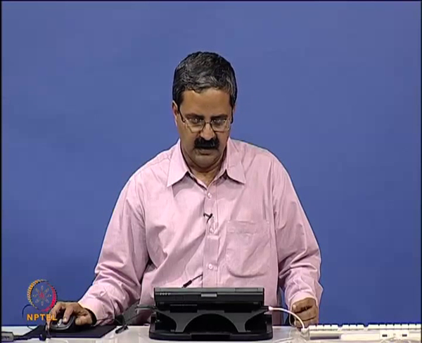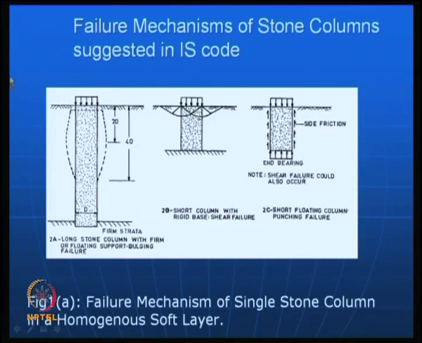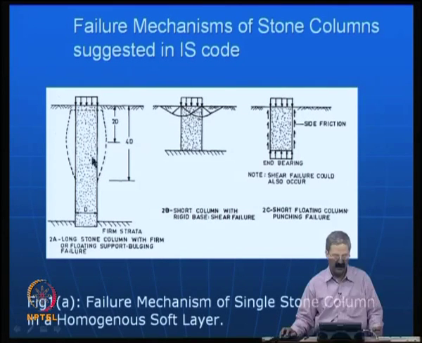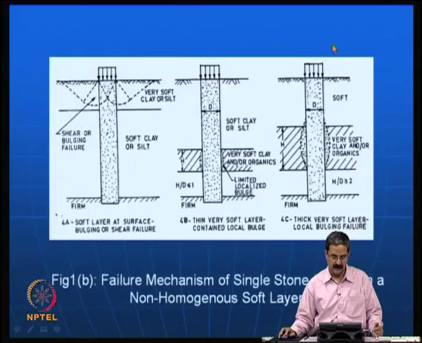As I just mentioned in the previous class, what I would like to emphasize is the failure mechanisms of stone columns, and we need to avoid the formation of bulging, and of course, that is inevitable. We should understand that the bulging is likely. Then we should also avoid this type of failure. These are some of the failure mechanisms we should be able to understand in a proper manner when you are dealing with stone columns.